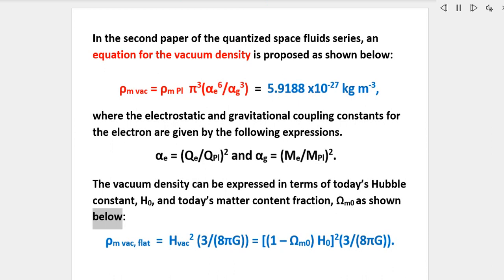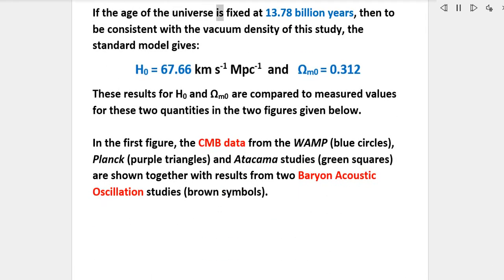as shown below. If the age of the universe is fixed at 13.78 billion years, then to be consistent with the vacuum density of the study, the Standard Model gives. These results for h0 and omega m0 are compared to measured values for these two quantities in the two figures